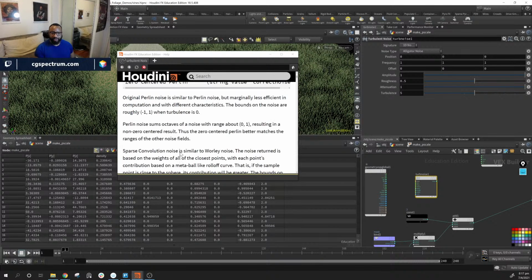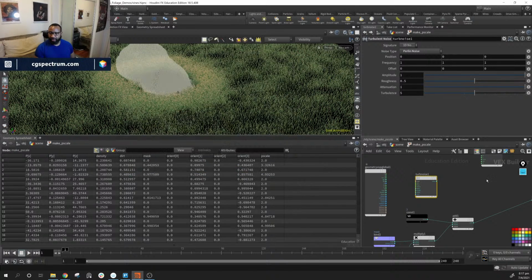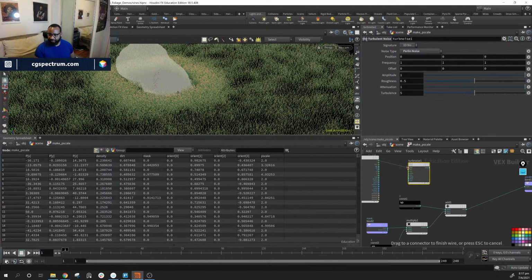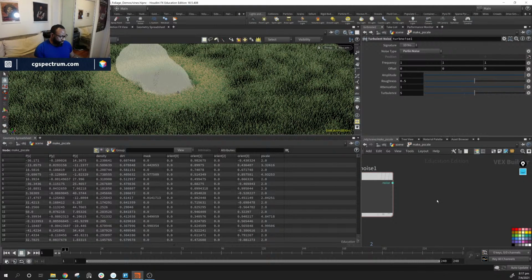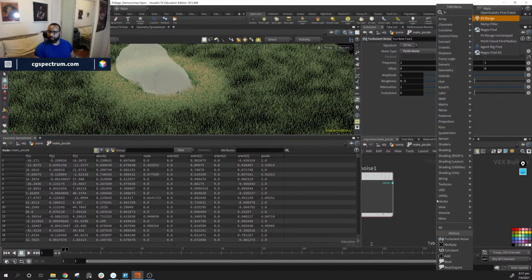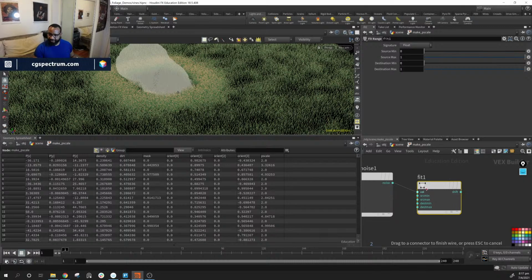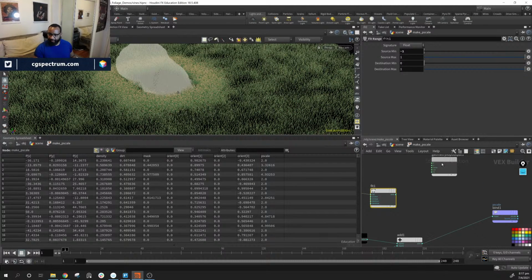Let's just use Perlin noise. Perlin noise goes from -1 to 1. So I'm going to take the position, and I'm going to take my noise, and I'm running that through yet another fit. So this noise goes between -1 and 1, and I want it to spit out between 0 and 1. So if I plug this into color,